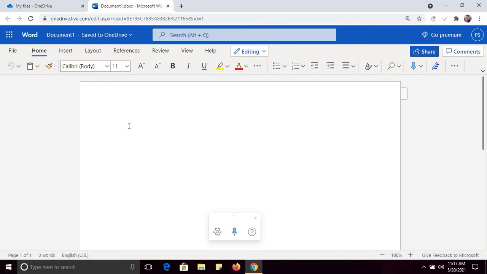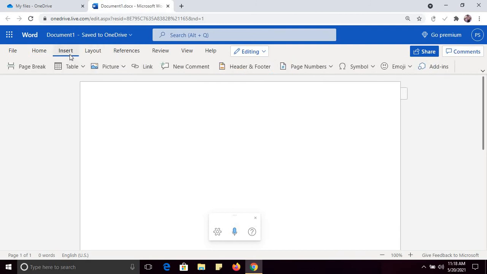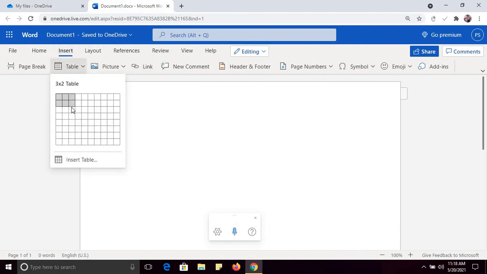If you have Microsoft Office 2007 in your system, in OneDrive you will use the latest Office. You can see, you can use all the features that you see in Microsoft Office. For example, if you want to insert a table, you can insert a table from here.